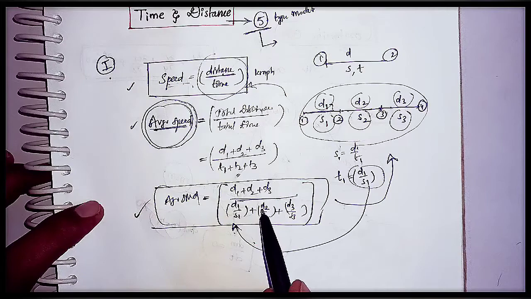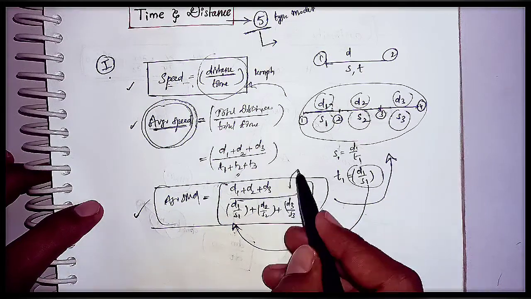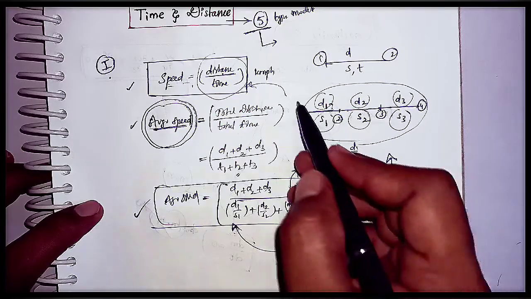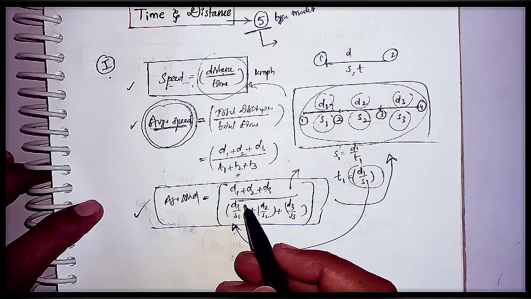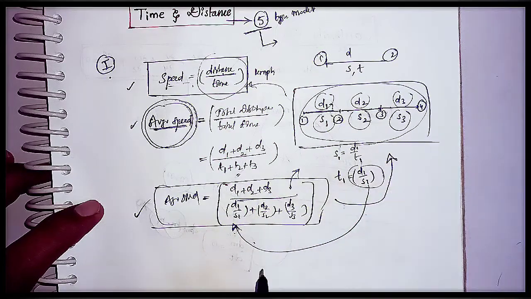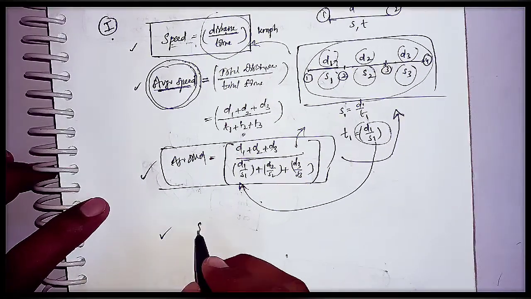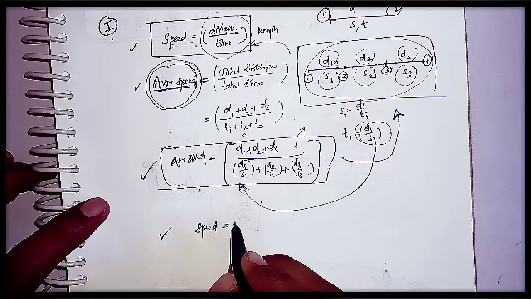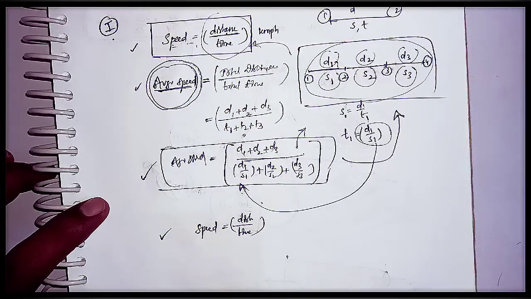Based upon this model, they will give some tricky questions. We can use these formulas, or we can directly solve with the help of this technique without remembering the formula. There is no need of by-hearting these formulas. Here I explained the concept of how this formula came. Yes or no? And the most important, third formula: as we know, speed is equal to distance by time.